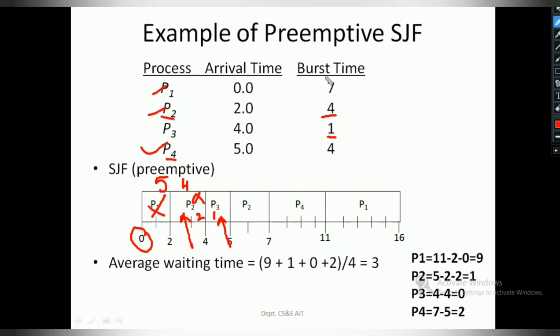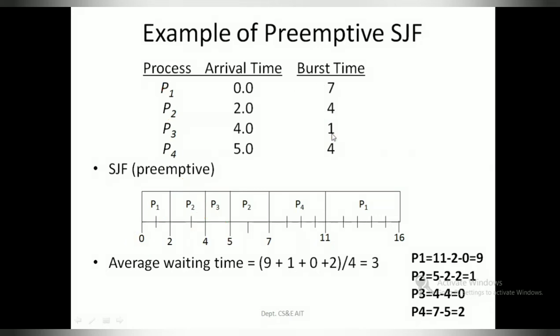Now calculating your waiting time is a little trickier here. Previously, we only saw up till what time a process was waiting and we took that as the waiting time. But here that is not the case. There are two considerations you should make. Let me take the first process. The first process has waited for 11 milliseconds, but I say the waiting time is 9. How did I arrive at the waiting time 9?